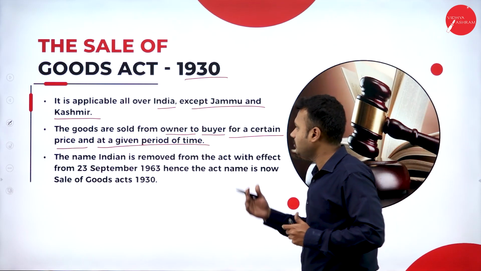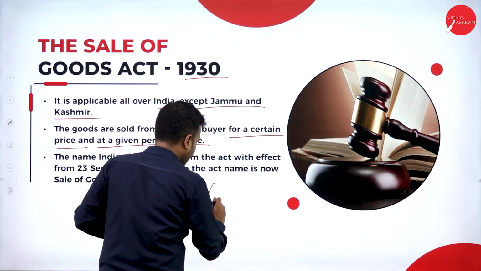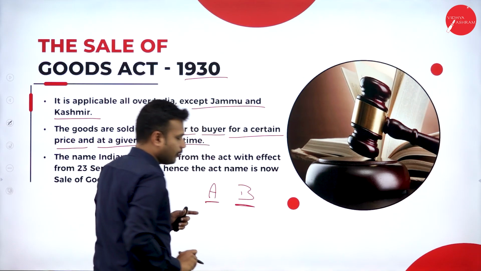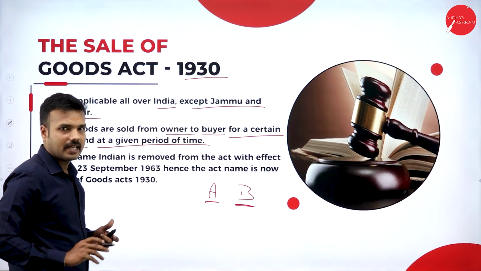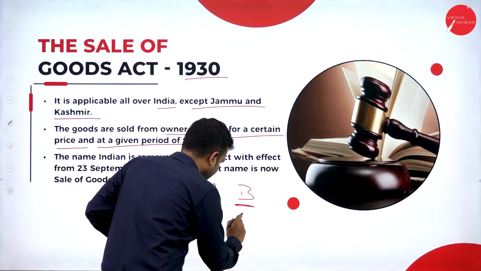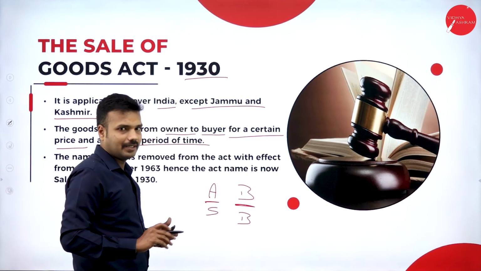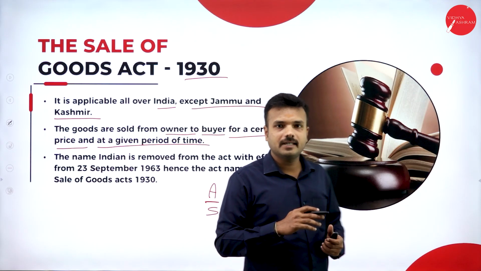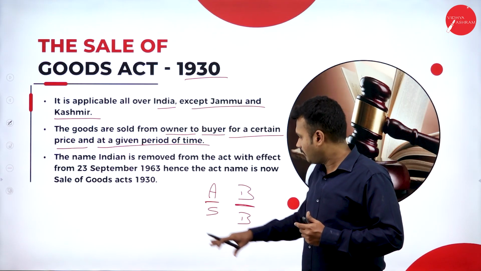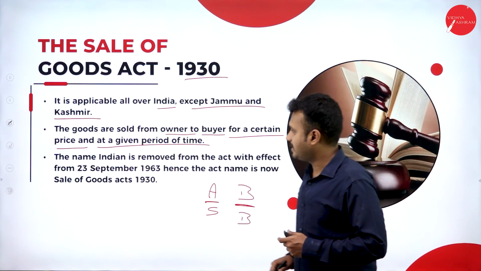In Indian Contract Act, there are two parties. Okay, so Mr. A and Mr. B, one is a promisor and another one is a promisee. But here under the Sale of Goods Act, there must be two parties. One is a seller, another one is a buyer. Okay, so in a Contract Act, there were two parties. Okay, so that was a promisor and promisee. Here, seller and buyer, two parties again.